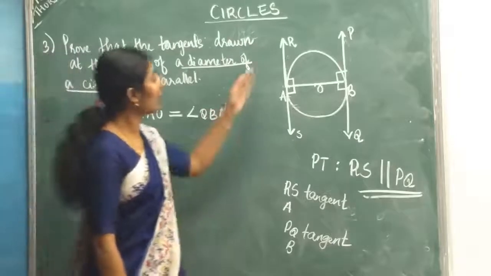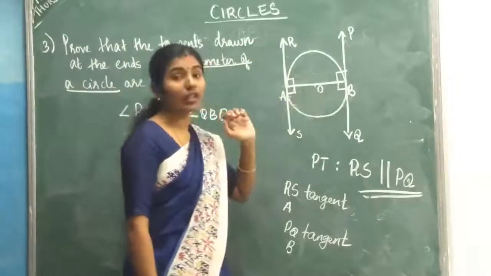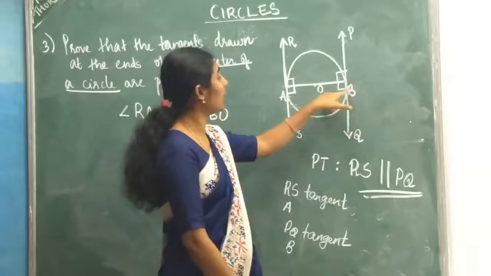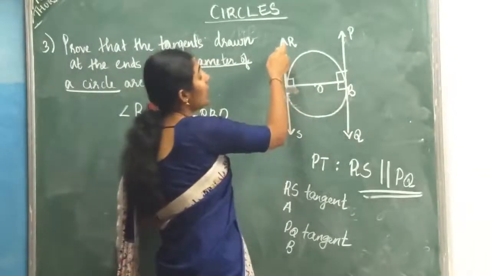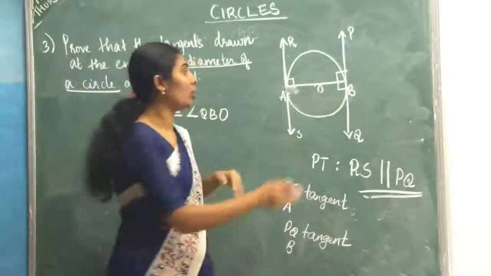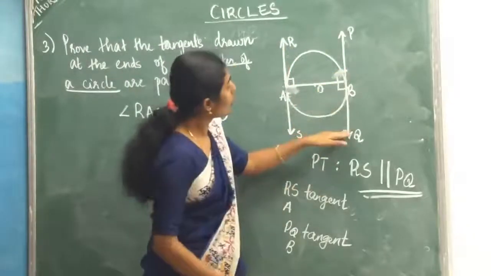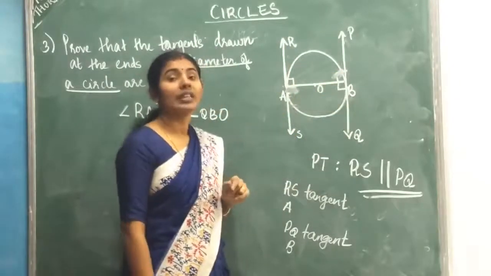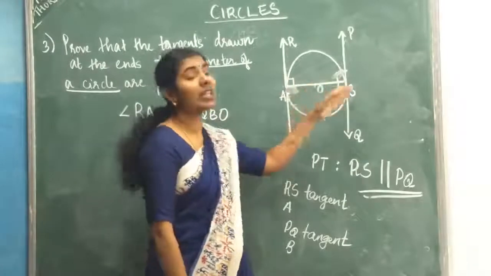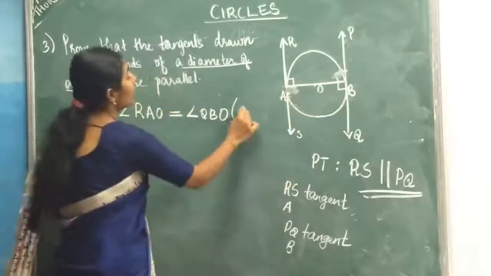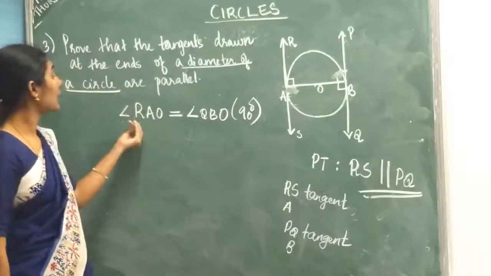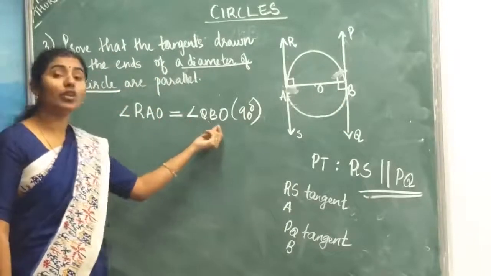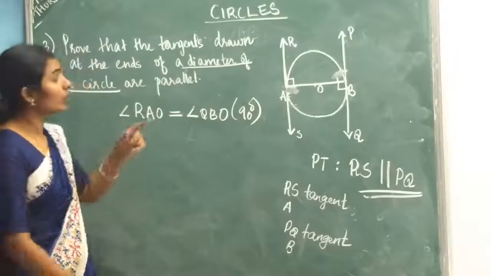Can you say angle RAO is equal to angle QBO? They are equal. What is the reason? Both are 90 degrees, that means they are the same. So what can you say? Angle RAO equals angle QBO. So that means